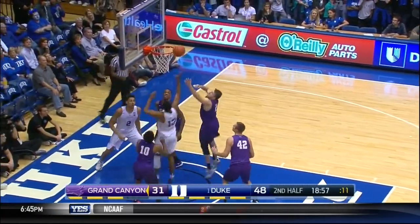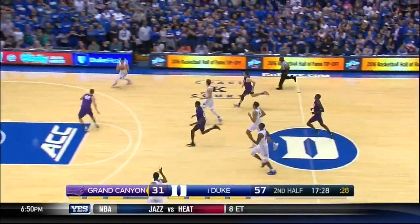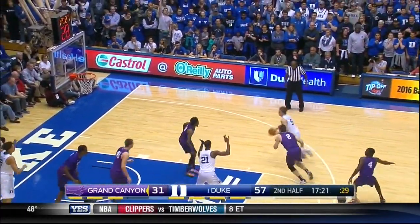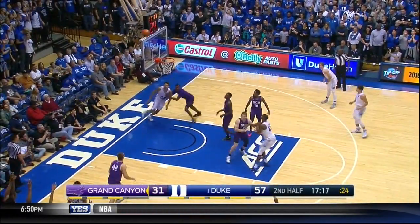Jeter. A flurry of moves, no result, but the tap is there for Jones. Allen going quickly. Jones wide open. Jefferson the O-board. Skip pass. Jones. Finally getting